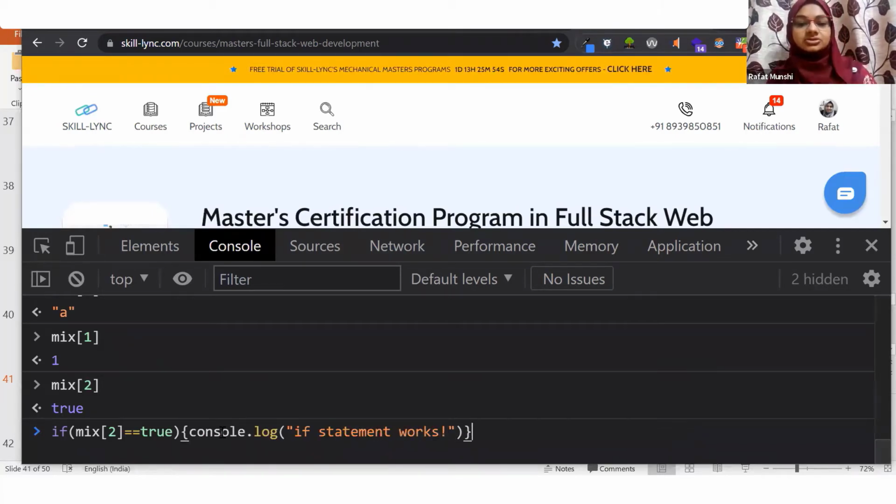Okay. This is something which I want to write. So what is the meaning of this console.log? This is the console on which we are working, right? What we want to do is write on the console. To write on the console, we use this statement console.log, and then we start with a round bracket, then we put the string value, and then we end it with the round bracket. Okay. And the if statement has to begin with a curly bracket and end with a curly bracket.